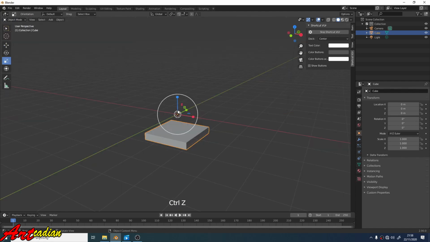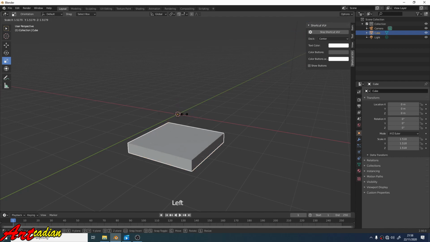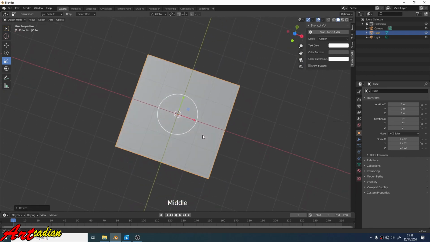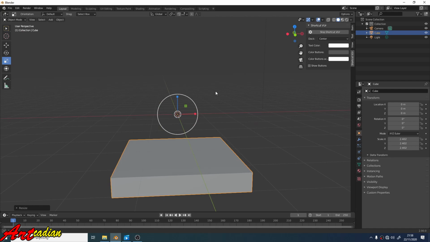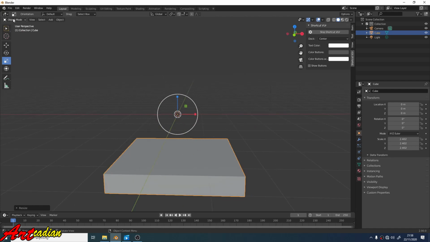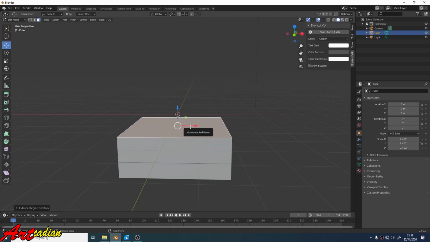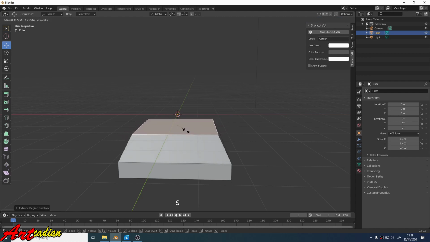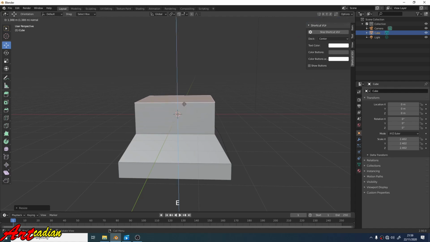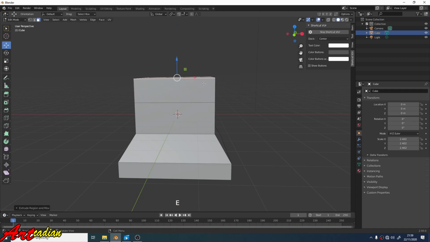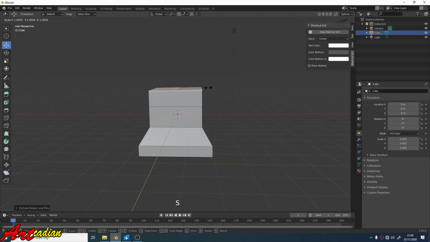Switch to Object mode and scale it. Then return to Edit mode. Select the face and press E to extrude. And scale. E to extrude. E to extrude again. And scale.